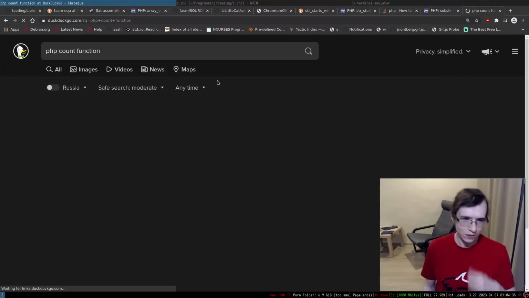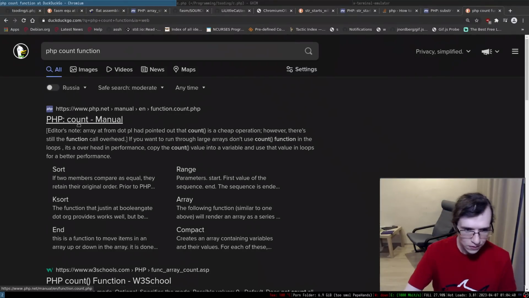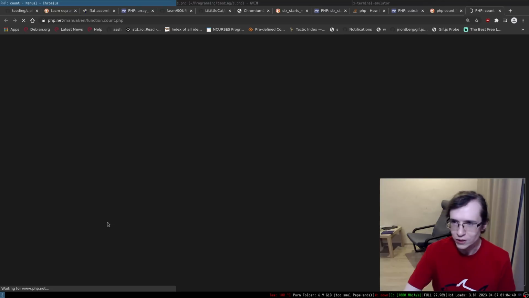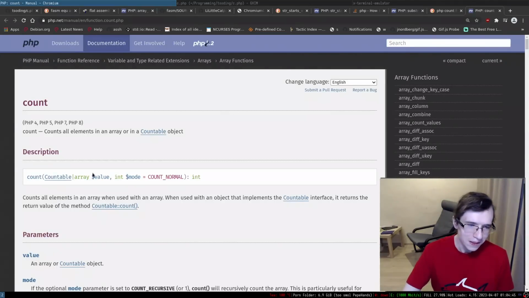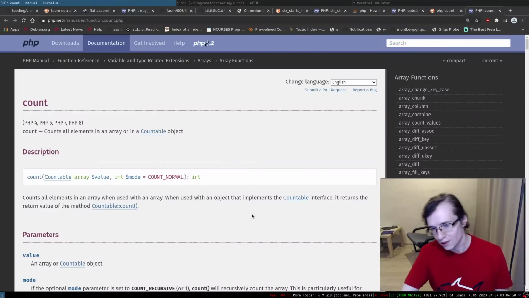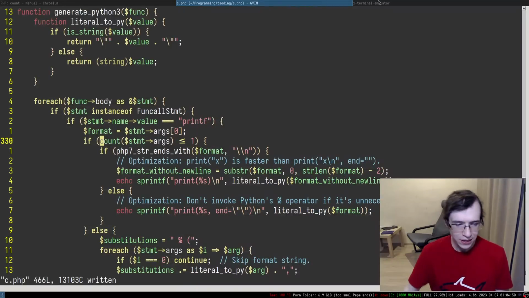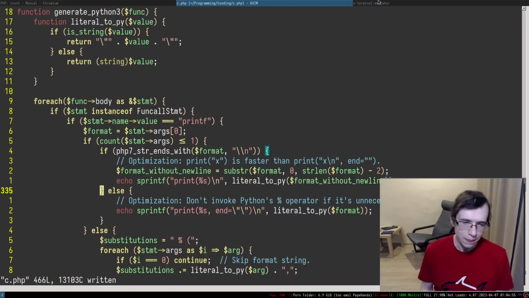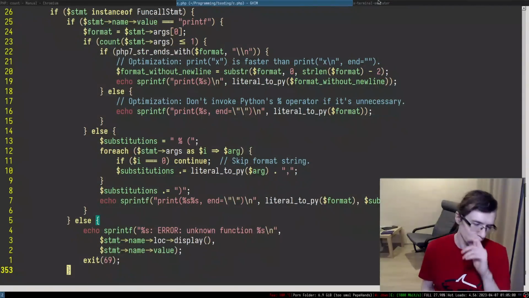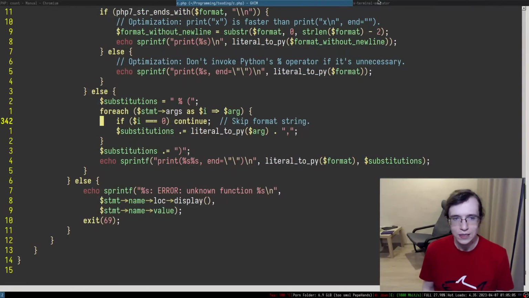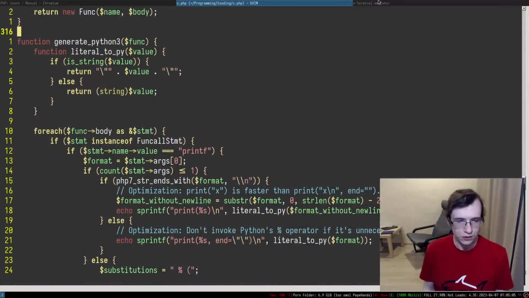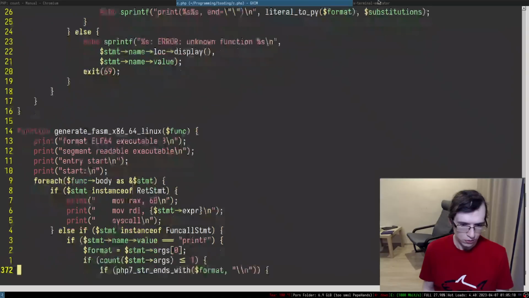To be fair, when I accepted that pull request, I actually didn't read it. Okay, counts all elements when used with an array. When used with an object, it implements the countable. Yeah, but that's weird. If it's less than or equal to 1... Ah, okay. I see what's going on. I think I had a brain fart. Just a little bit of a brain fart. It happens even with the best of us.